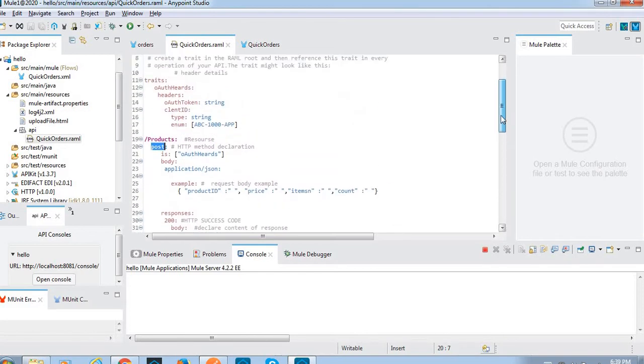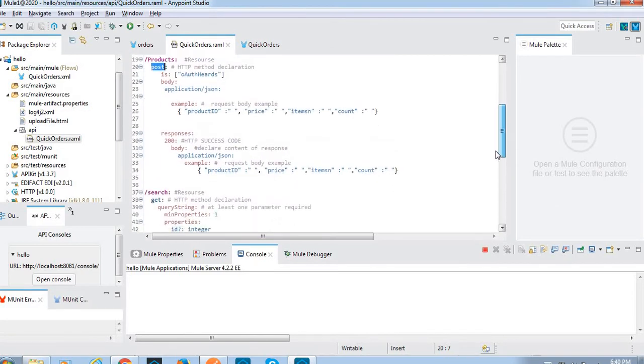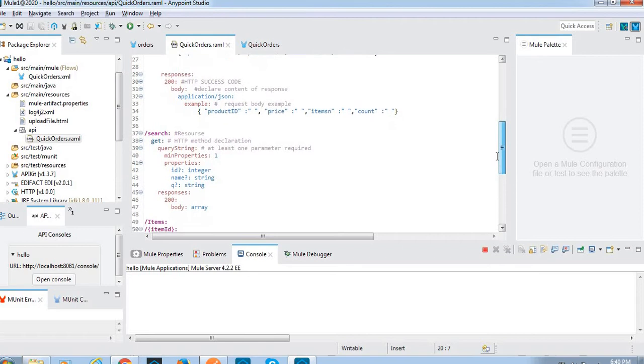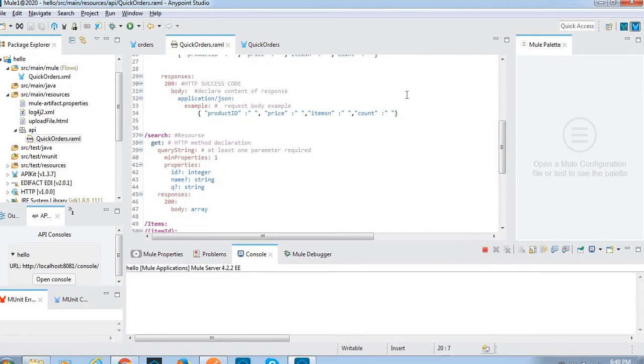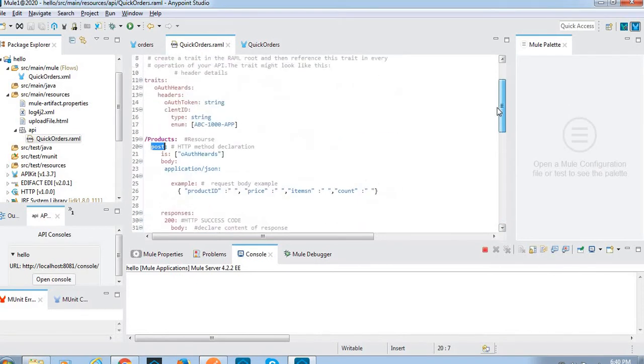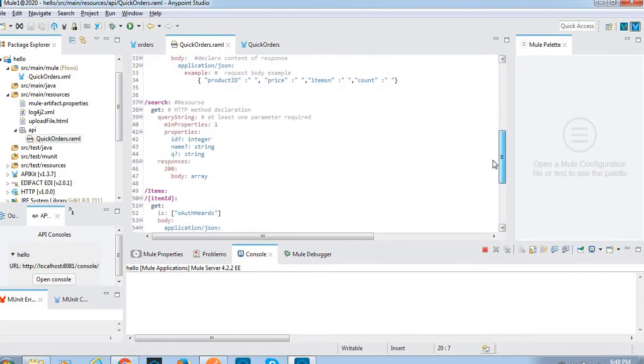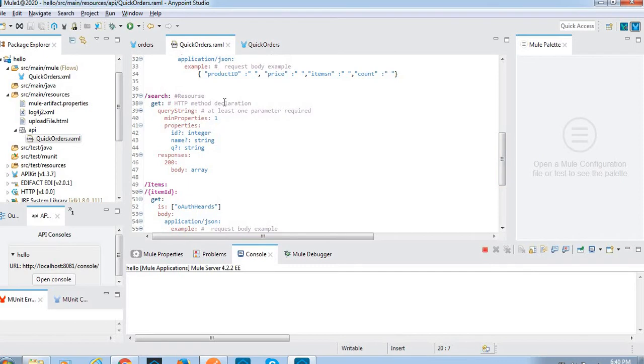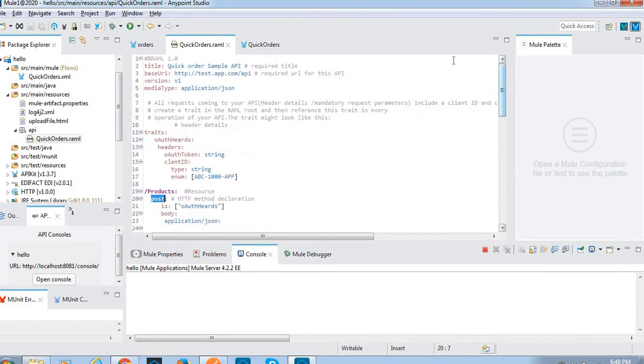Okay, see, in the resource products and in the resource search. In the resource search we didn't use it. If you want, we can implement it for demonstration purposes. I didn't add the traits here. Okay, let me